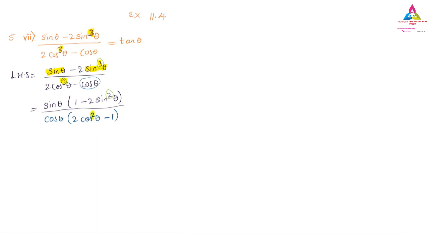So this is our first step. We have to continue with this and you have to get the answer. So for that purpose there are 2 choices now. See here, the sin theta by cos theta, we will get the final answer, that is tan theta. We will get that final answer as it is.